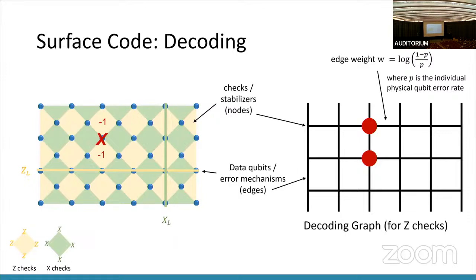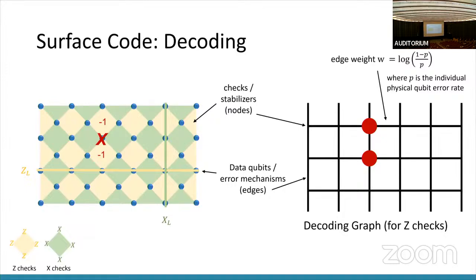So like an X error on a data qubit, and an edge connects two nodes that it would, for example, light up. So now let P be this individual physical qubit error rate. So basically in this Z check decoding graph, that would be the probability that each of these data qubits has an X error. For this P, we're going to define the edge weight to be the log likelihood ratio